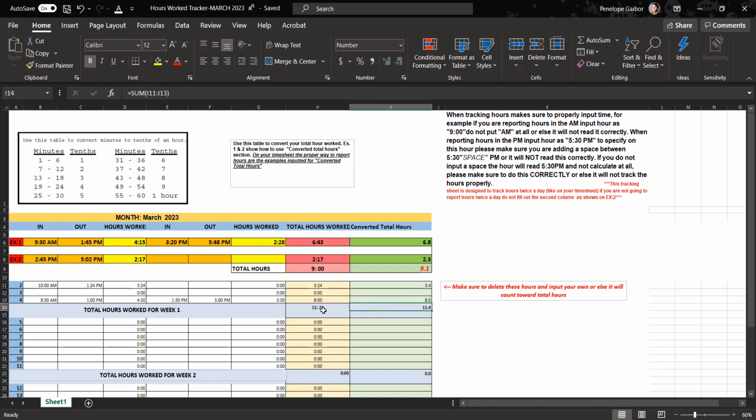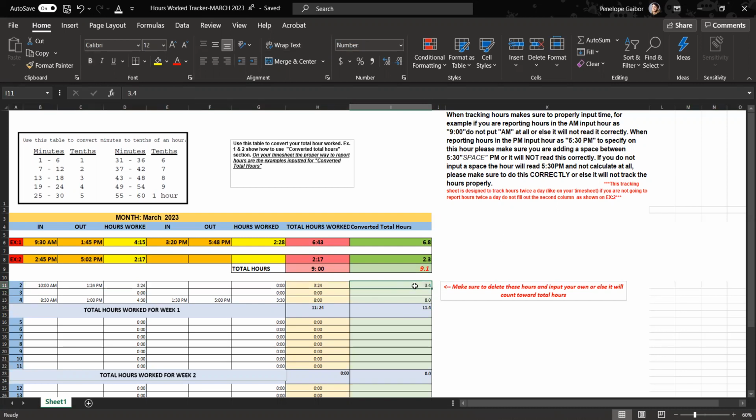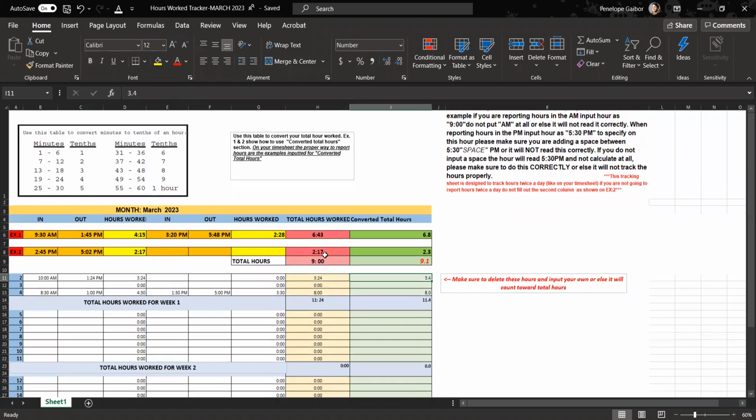So this week you worked a total of 11 hours and 24 minutes. If you convert it, you worked a total of 11.4 hours, okay? And this right here is what you'll put on your timesheet box on hours total worked, okay? Same thing if you worked on the second: you're not going to put that you worked a total of 3 hours and 24 minutes. You're going to put that you worked 3 hours, 0.4, okay? So that's how you